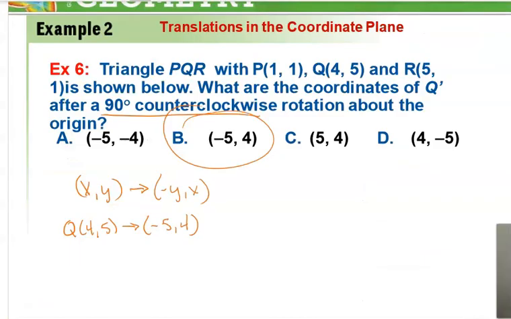The last example on here, the rule is 90 degrees counterclockwise, so you're going to switch the x and the y and